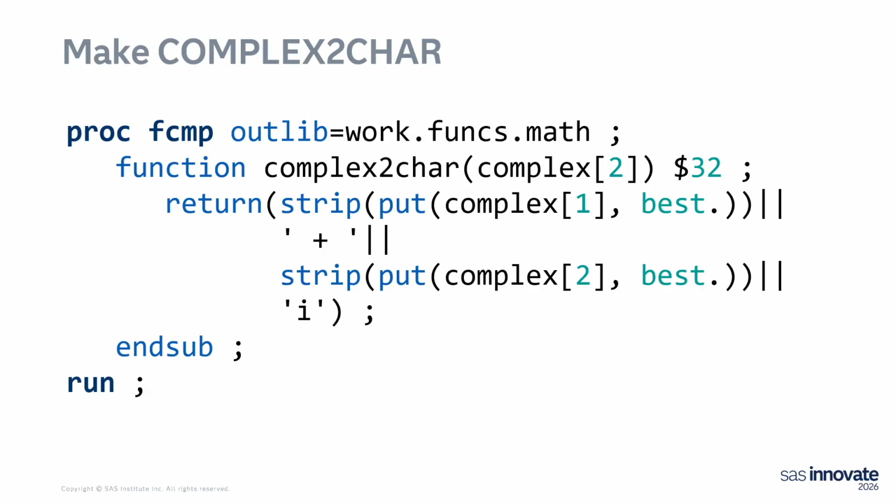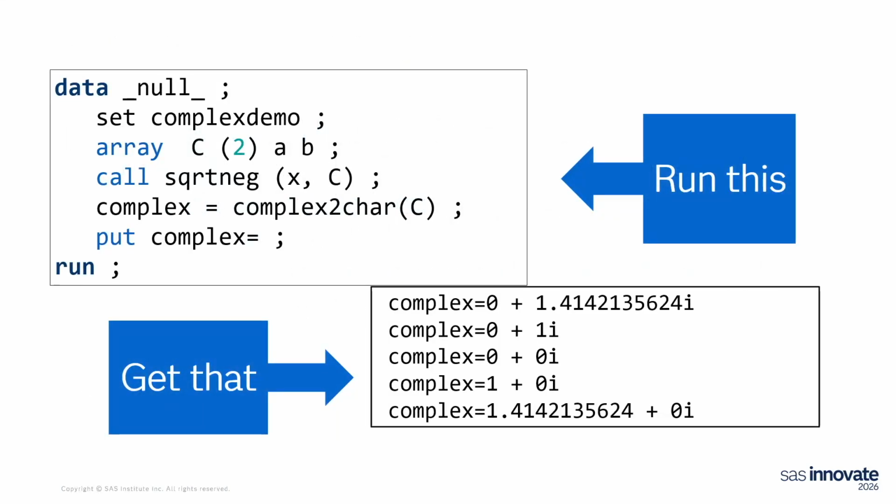We're going to build that function. Now instead of building a subroutine or a call, we're building an actual function, so we declare it as a function. And then all we really need to do there is just return the value and run the calculation. That's it. So now when we run that in the data step, we've got our first call, square root and egg. Then we're going to make a variable called complex, which is assigned to this new function we just built, complex to car, and then put it out. And there's what it looks like.